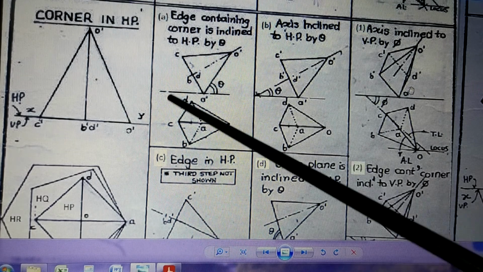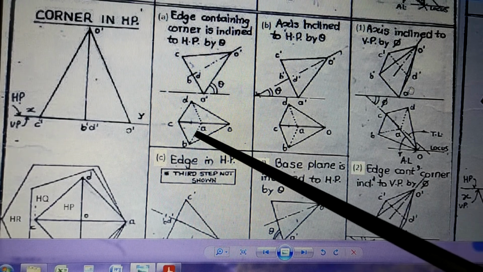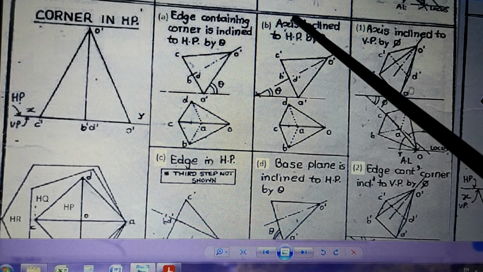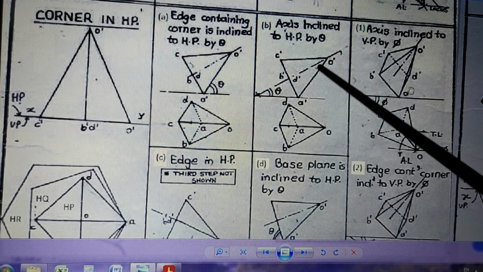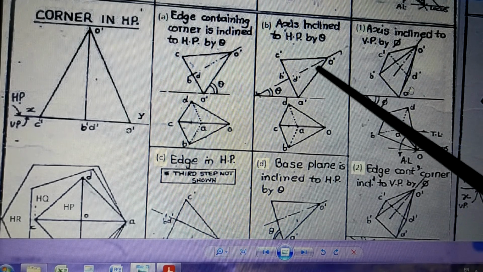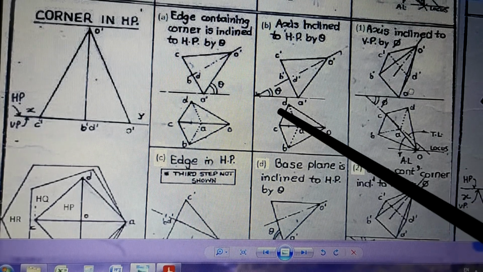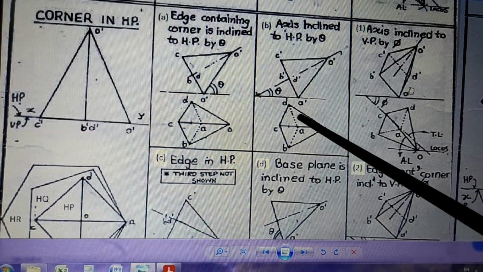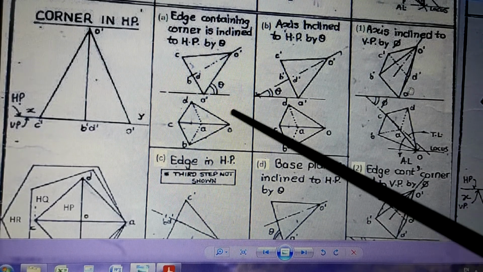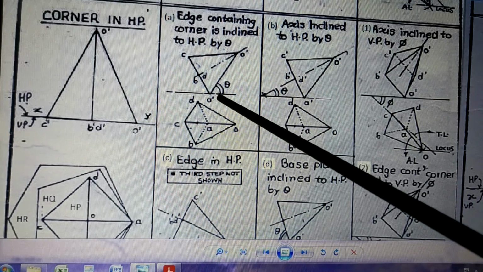Then according to this position, the top view is drawn, just like last time. The other way is axis is inclined. If the axis is inclined, accordingly this becomes the position and this becomes the top view. I already described how this is done in the earlier figure. I am just explaining what happens and how the description is given.